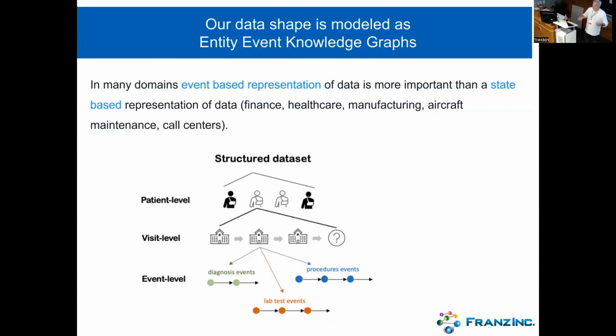Not describe a situation, but given a series of events, can I explain why this happened? Or can I predict why the next event is going to happen? And believe me, that works better if you have an event representation. So, for health, I'm going to give you this example in healthcare where our core entity was the